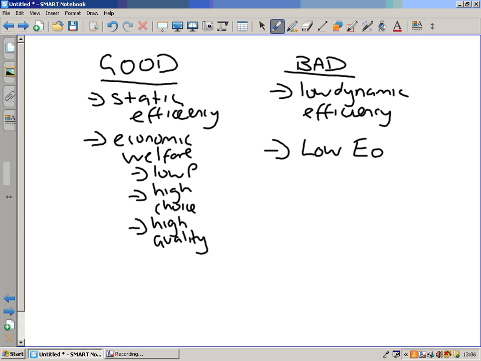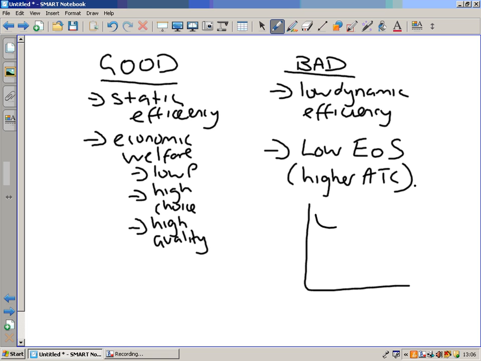Low economies of scale. Okay, and this is a little bit contradictory, or so it seems, but it's not. A firm in perfect competition would achieve the lowest points on their ATC curve. So in this diagram, that might be that. So this business will produce Q1